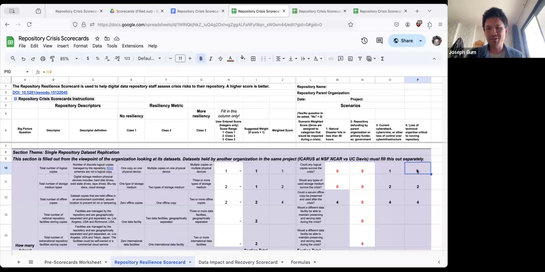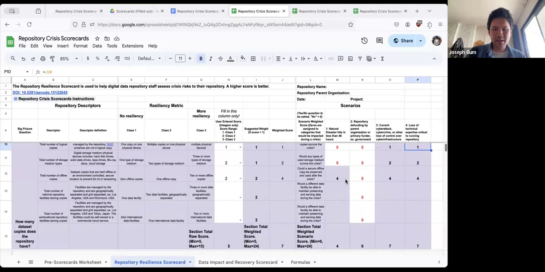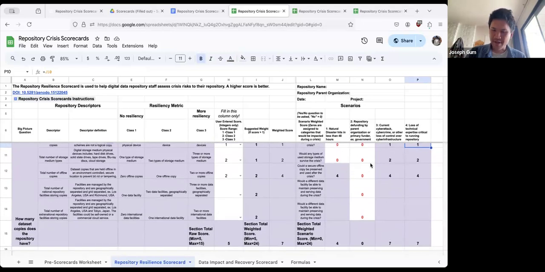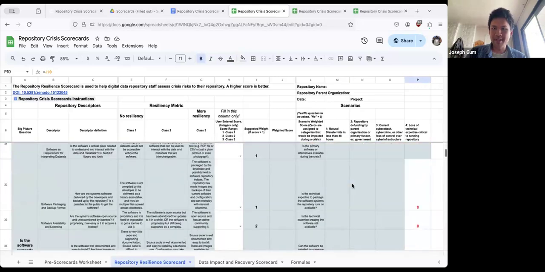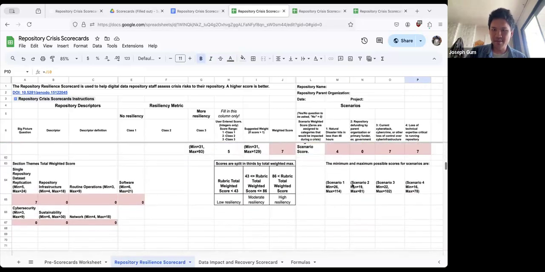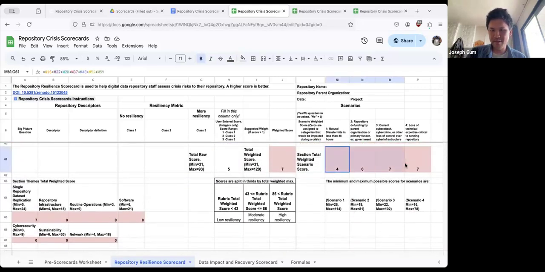Whereas, if someone was to retire, but the repository was still running, you would still have a score. You would still have copies there, and so you'd still have points there. And so all of these numbers are tabulated up, and again, you can see roughly what the total weighted score might be